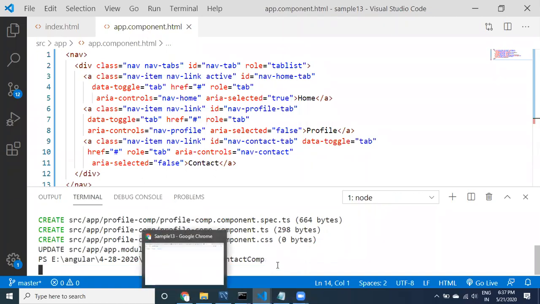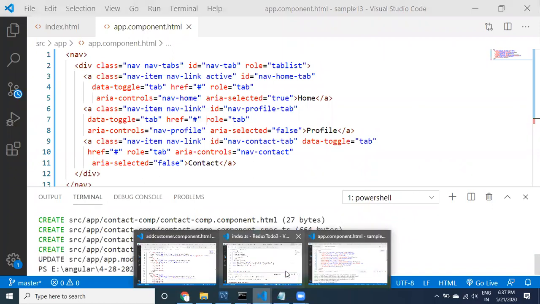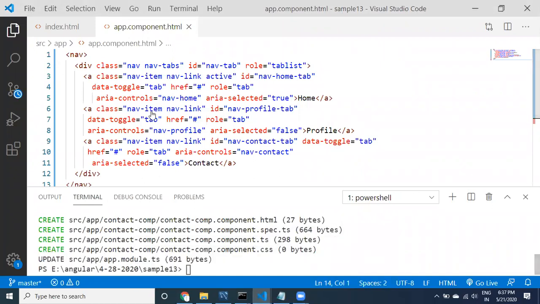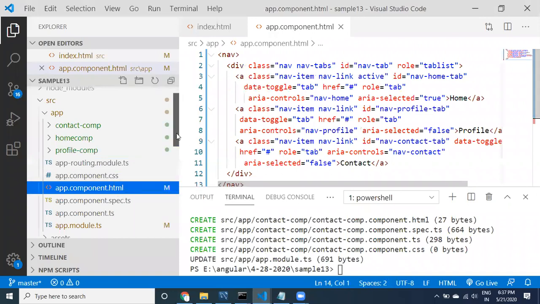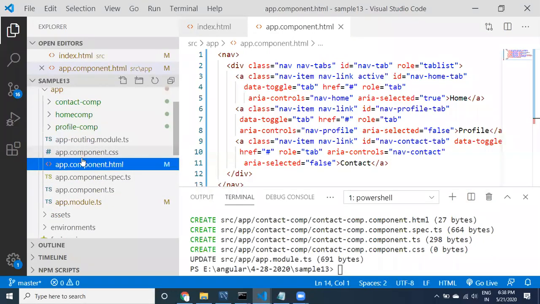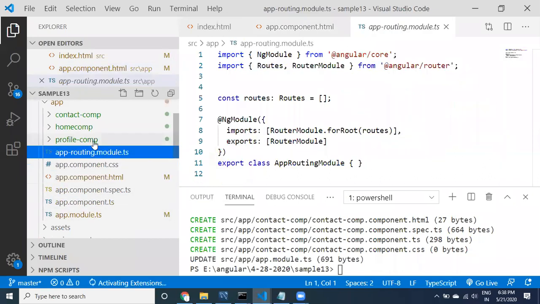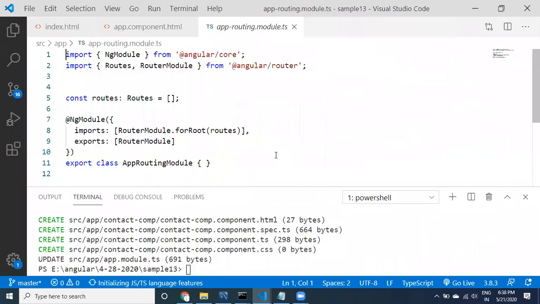Then I want to provide the mapping information. Let us go there. The mapping information is available in the app routing module.